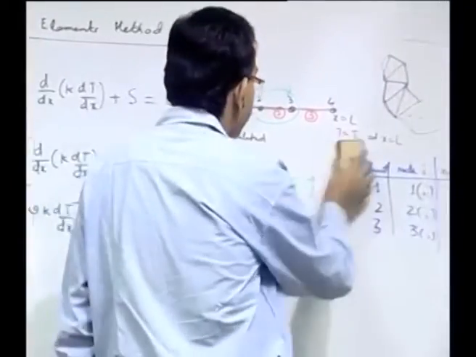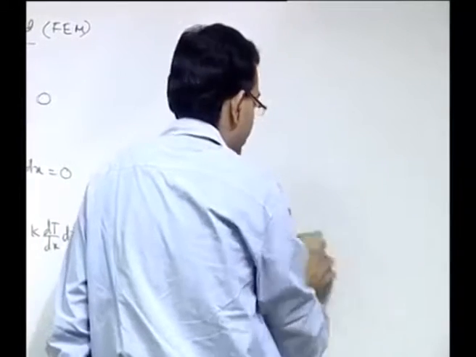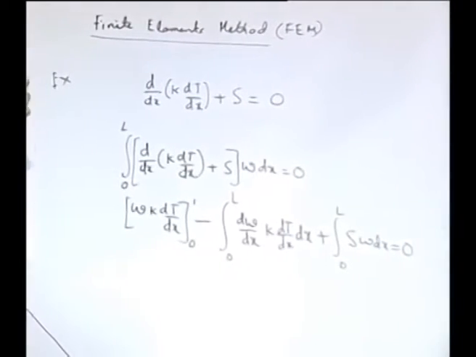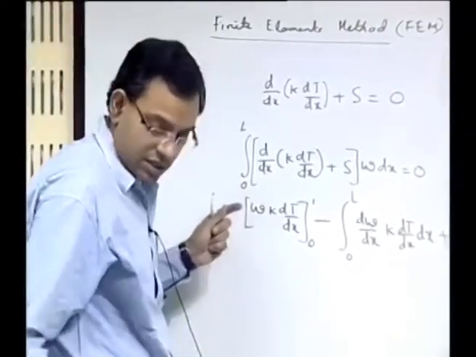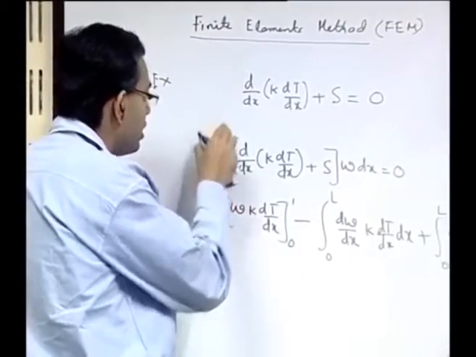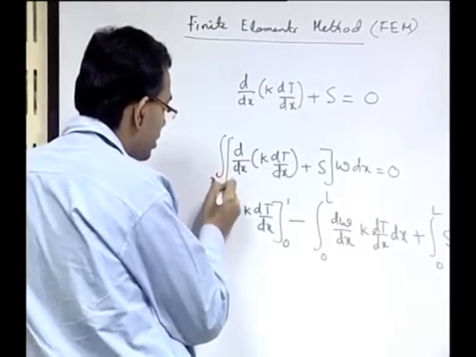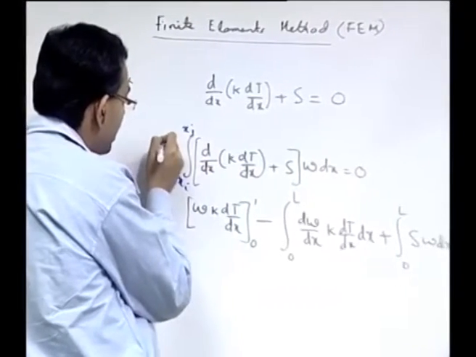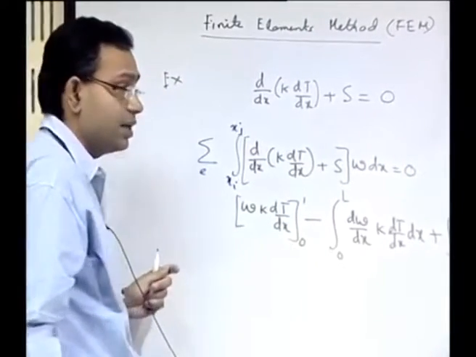So, that is a straightforward step. We have executed a similar step for the variational formulation, but we are just doing it over each element, that is the only difference. So, what will be the difference? Now, the change from the variational formulation is that it will be no more from 0 to L, but from xi to xj, and then this is summed up over all elements, that is the conceptual difference.